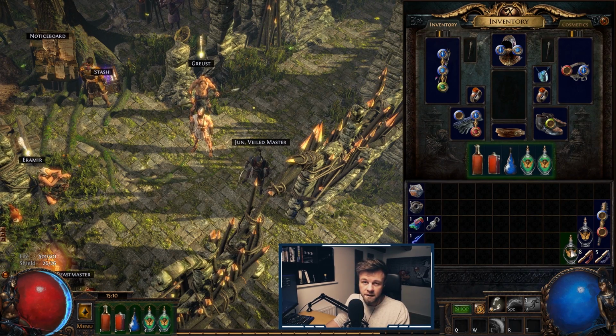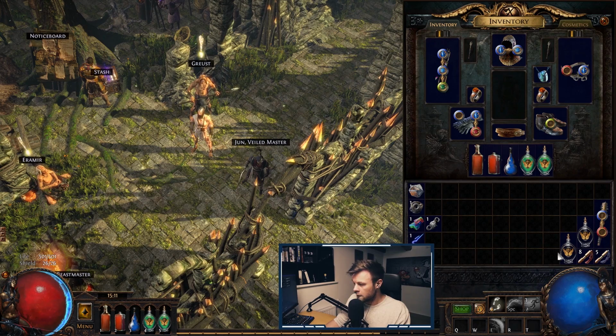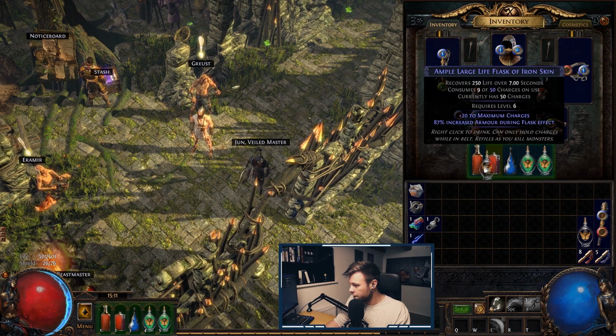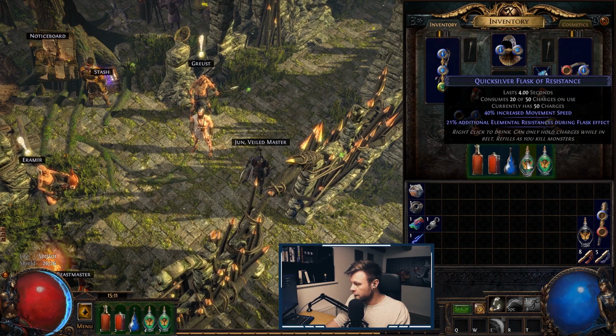But you'll get to see bleed damage. If you're further in the game, you've probably already encountered it and have seen how dangerous it can be when you aren't dealing with it. So Staunching, very useful, and we will probably just use it instead of this one here. Although the